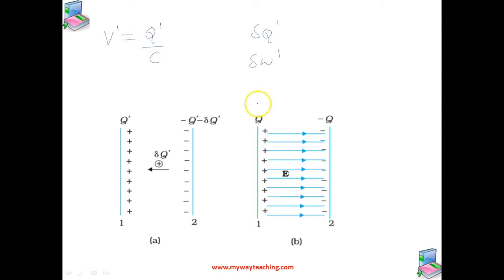So in that case, this work done is given by delta W = V' delta Q' = (Q'/C) delta Q'. Since delta Q' can be made as small as we like, we can write this equation as